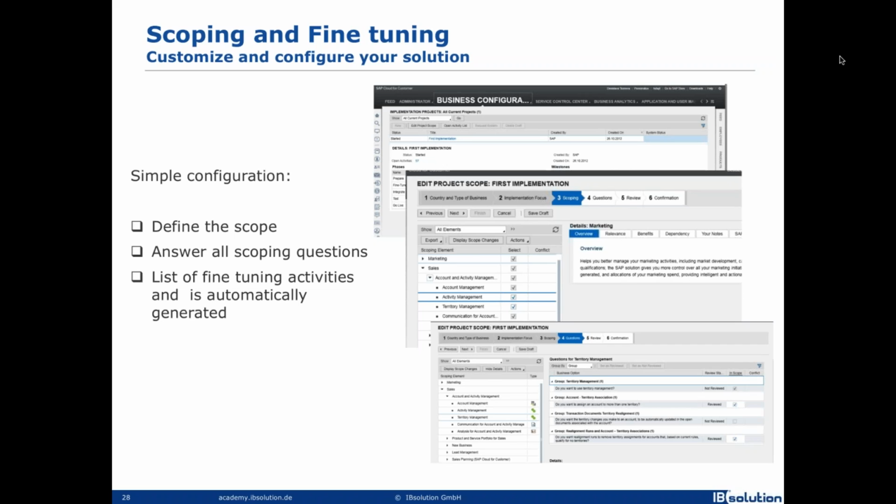Basically, you can easily track the progress of your implementation because you get the whole list. You can mark an activity as completed or as in progress. And this way, you can even help with the project management part of the implementation because you can track both the progress and what exactly steps have to be done.